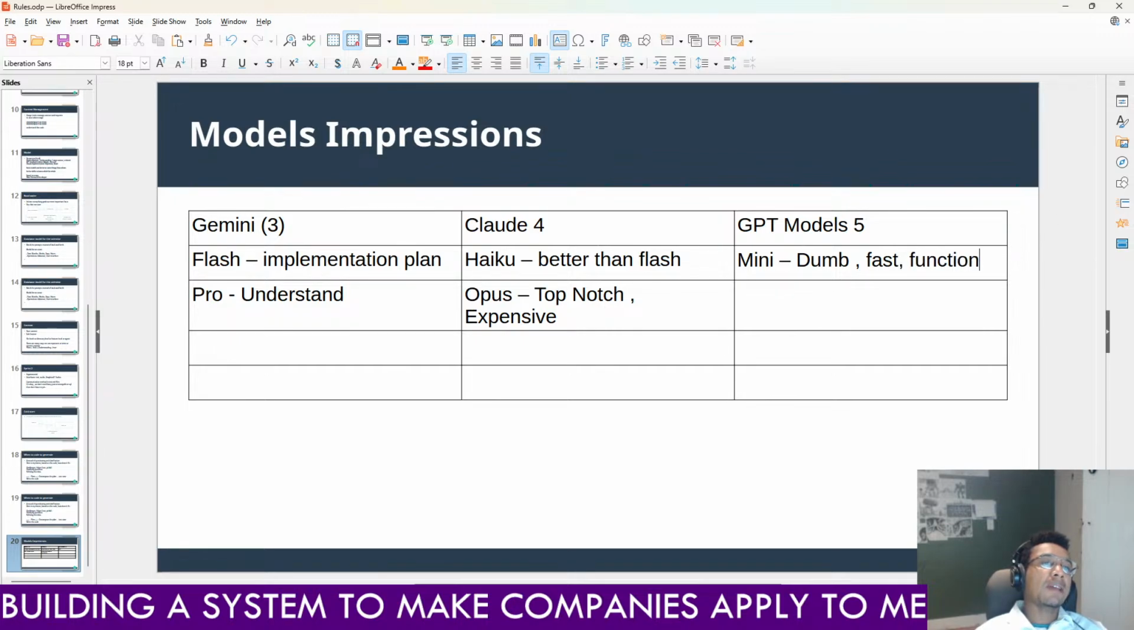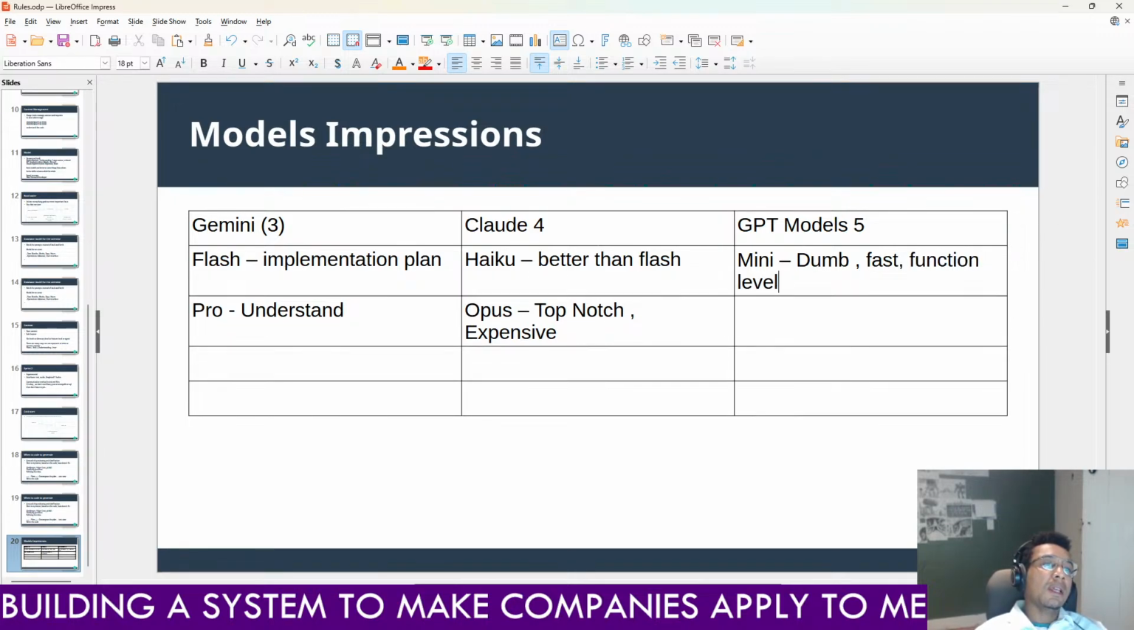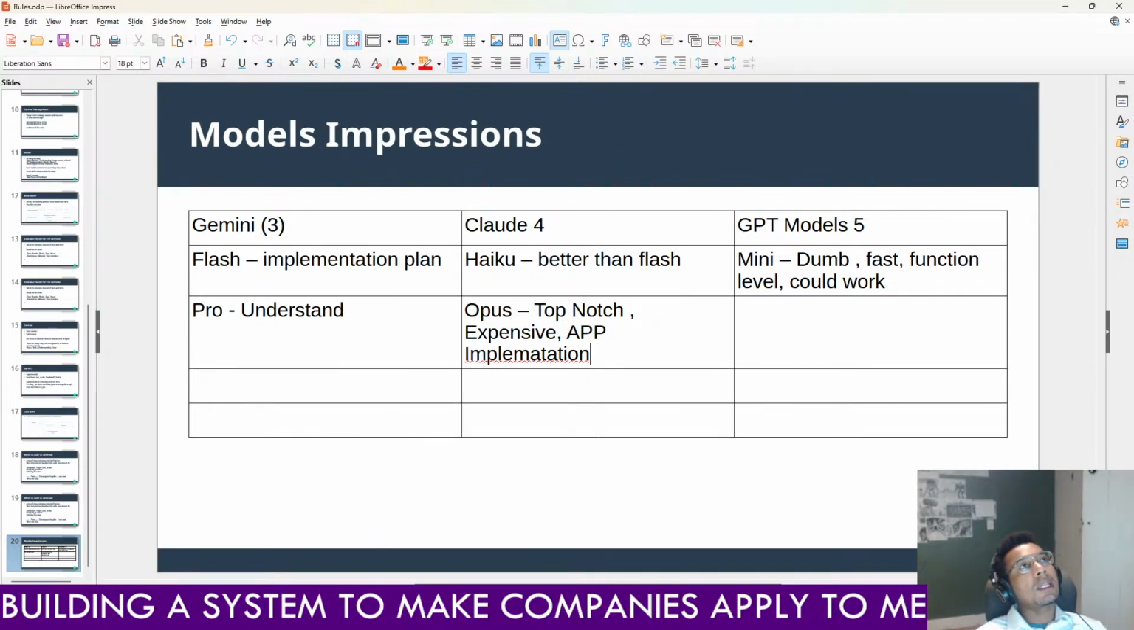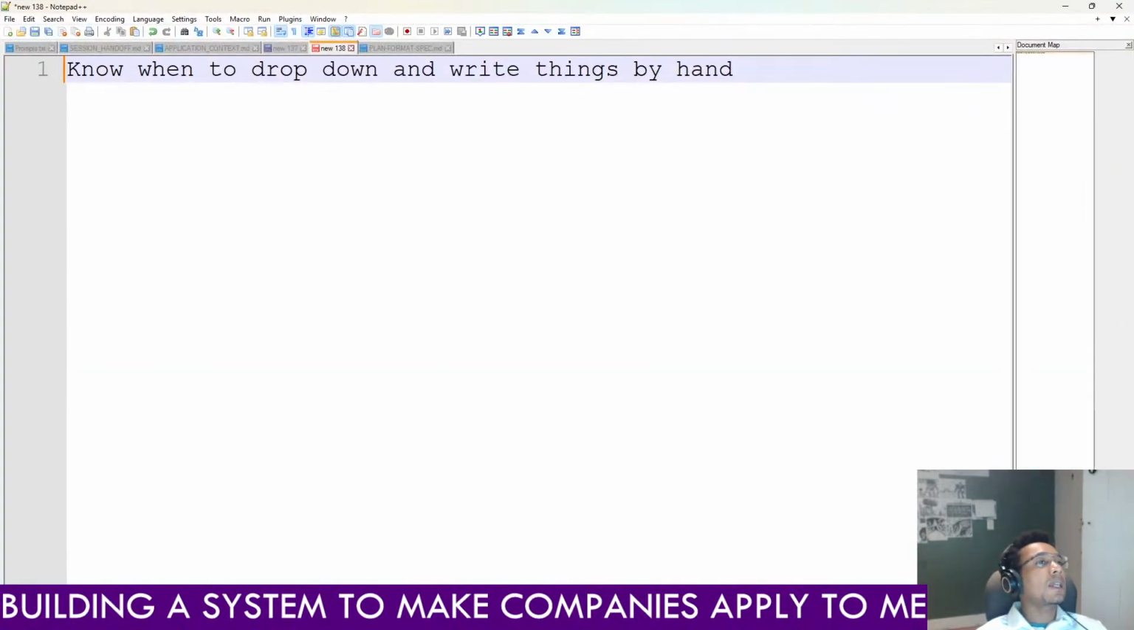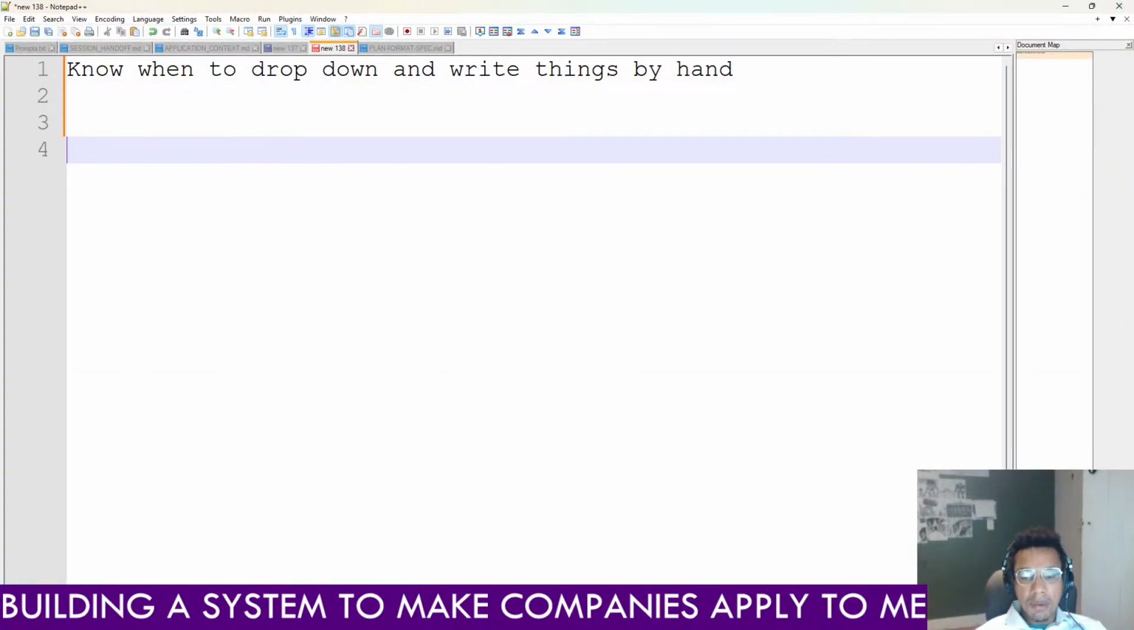Could work at the function level. At the function level, could work. Okay, so I think this one could work at the function level. This one, in my opinion, could work at the app level, app level for implementation. So let's go back to our planning and let's think about our system in a more systematic way. Because I think in plain English,